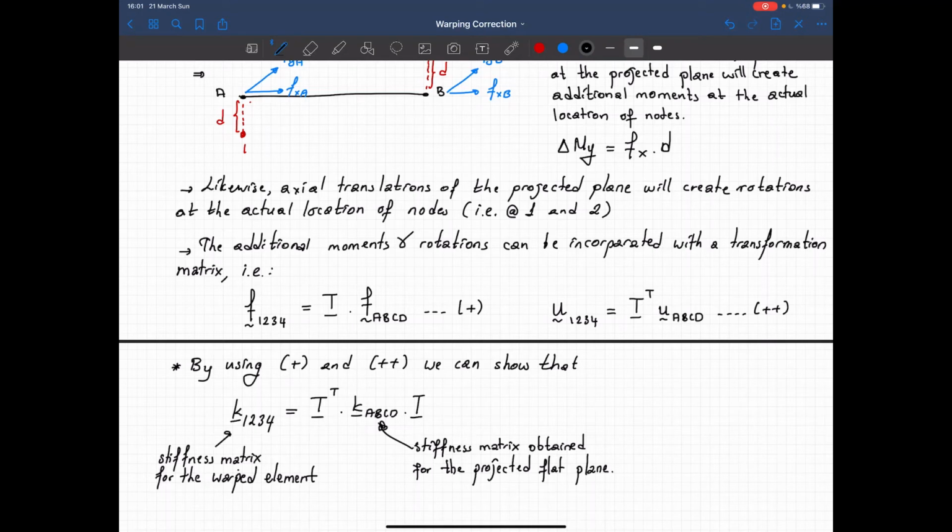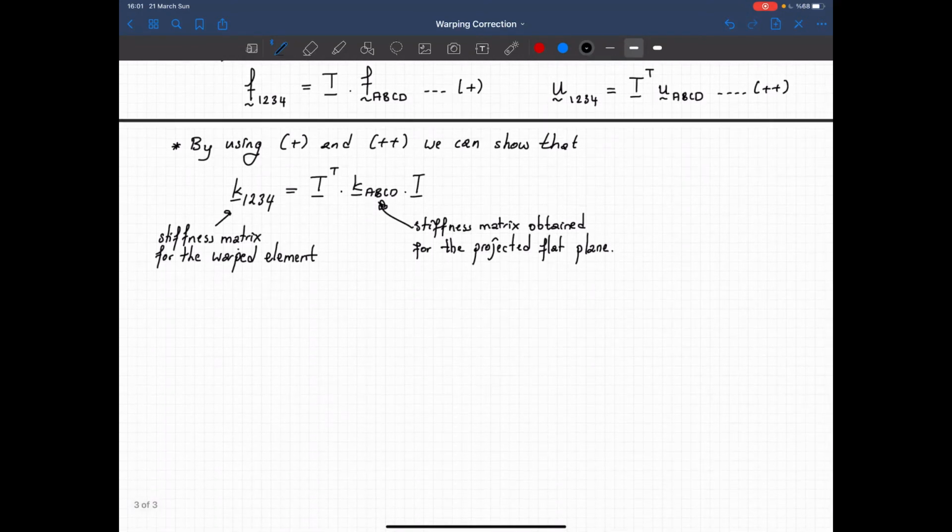And then once we have the element stiffness matrix for the warped element, in order to calculate the shell element in the global coordinate system, you just again perform the coordinate transformation by using the stiffness rotation matrix obtained by using the second approach. Okay, so what will that T be equal to? So we can write T as equal to